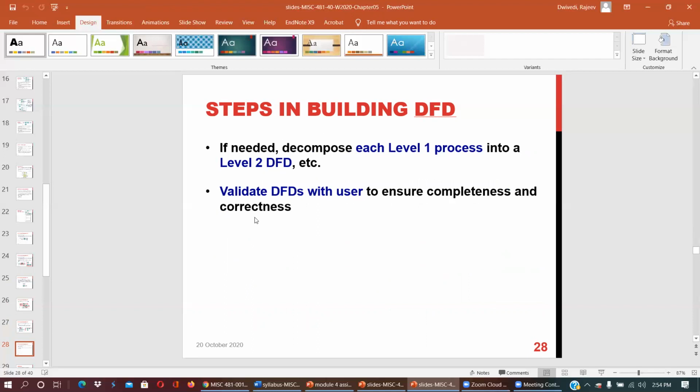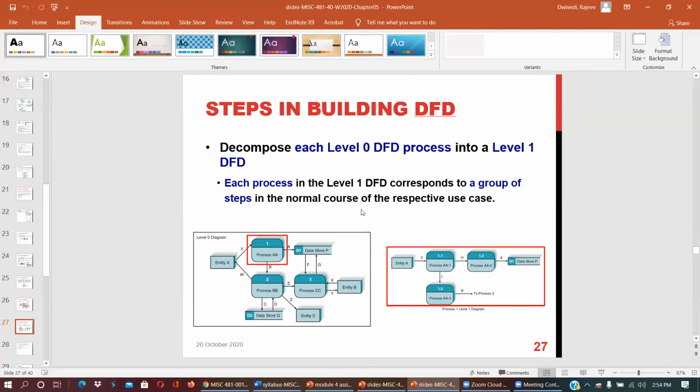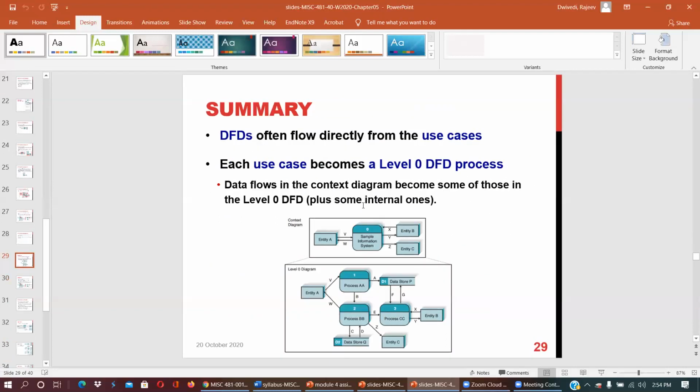So basically, this is the way to develop the DFD. The DFD flows directly from use cases. Each use case becomes a level 0 DFD process, and the data flows in the context diagram become some of those in the level 0 DFD plus some internal ones.